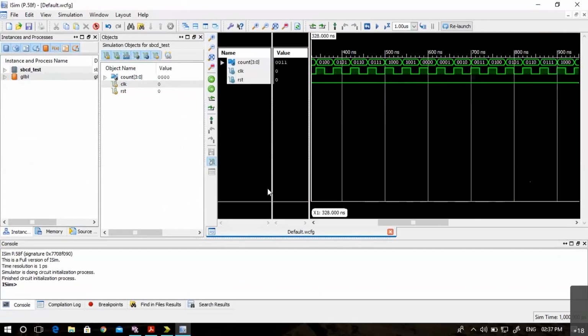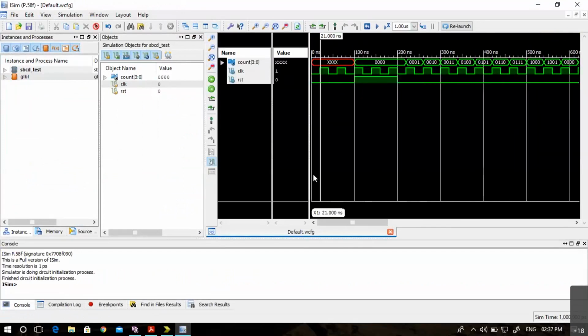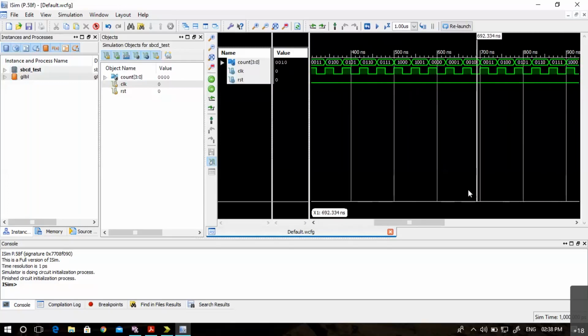So now you can see it is a BCD counter, a BCD synchronous counter. You can see it is working at the positive edge of the clock only. Here at the positive edge of the clock, it has become 0001, it has gone up to 1001, and here you can see after it becomes 1001, it has become 0000. That means this counter is going to count only 10 clock pulses, then it is coming back. So let me try to synthesize this.